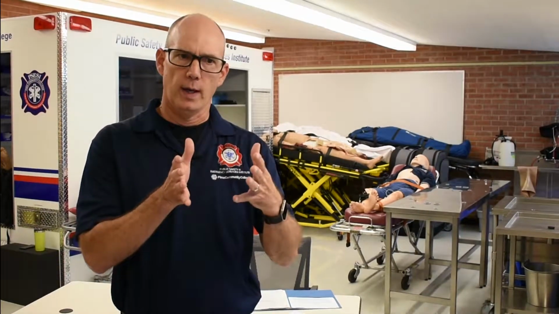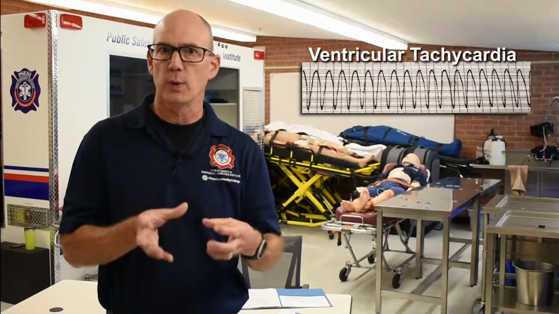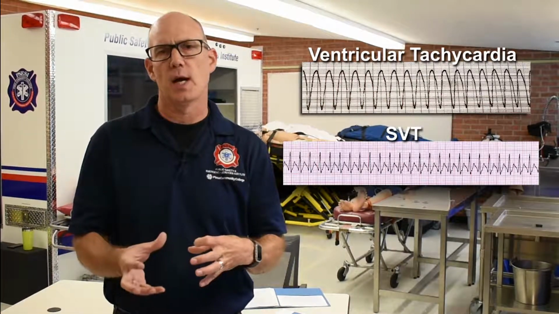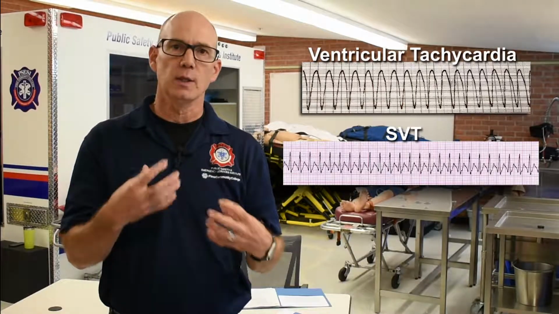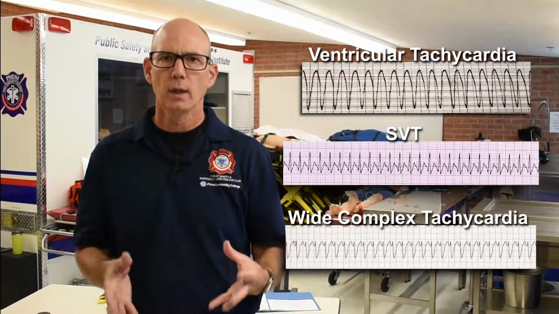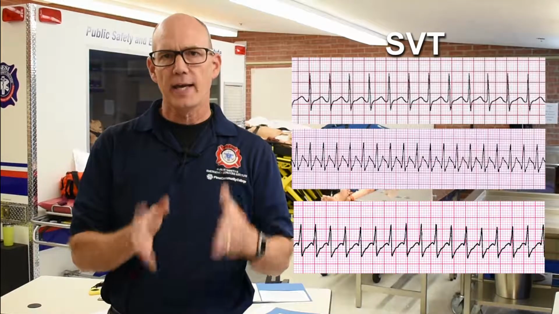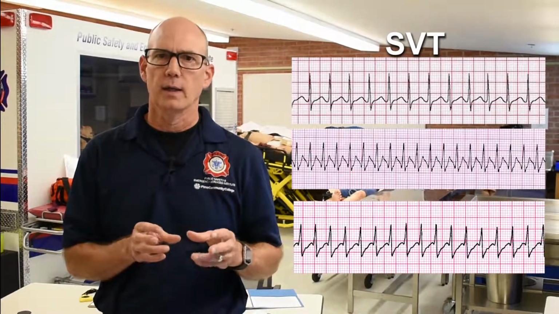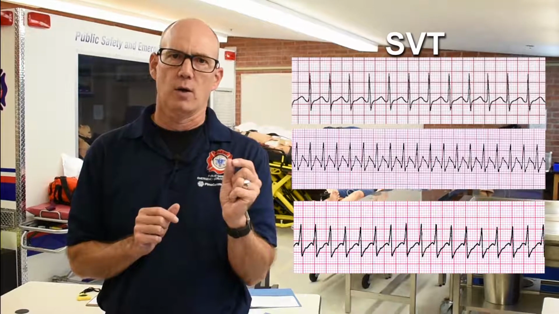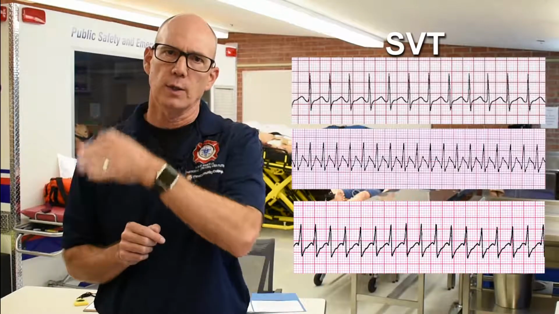So let's elaborate a little bit further on this whole idea of tachycardias and the one that I actually had, which is ventricular tachycardia with a pulse, as opposed to SVT, which is another one that you see an awful lot, or something you might see a little bit less often, which is a wide complex tachycardia of an unknown origin. So let's start with SVT and work our way down. SVT is a narrow complex tachycardia. So when you look at the strip, remember it's one beat after the other in very, very close succession and